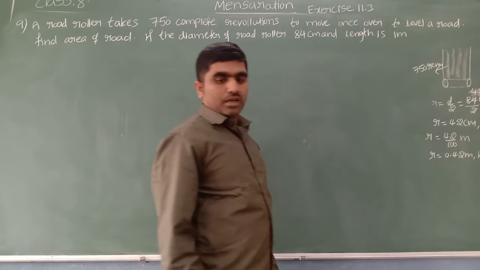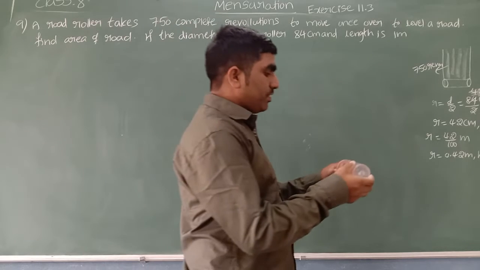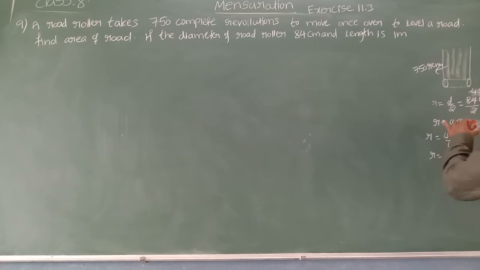Now you can see here, when we see one complete revolution, suppose here we have a road roller. Suppose it completes one revolution like this, see, till here it has completed one revolution. When can we say it is completed one revolution? When its LSA is covered once. If it completed its LSA once, then we can say that till here it is one revolution. So when it completes its LSA once, one revolution is finished.